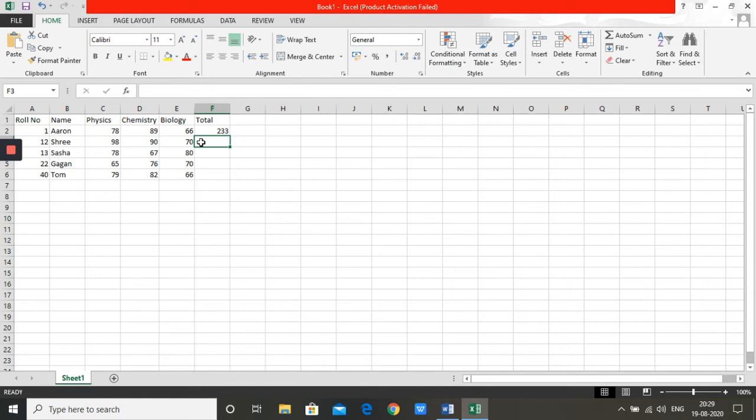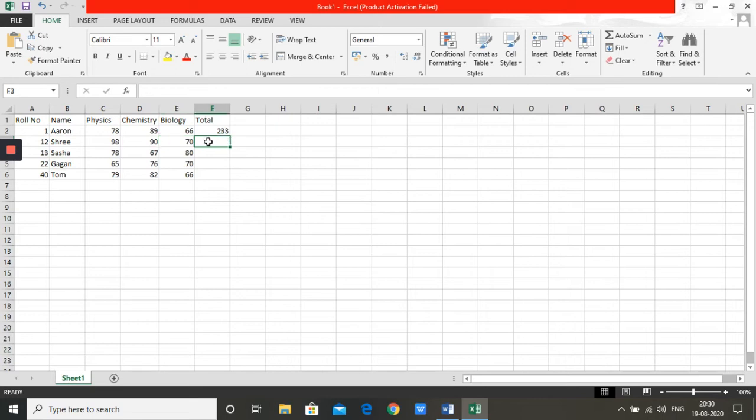Now, for the next child, Shri, her physics mark is in cell C3, chemistry mark is in cell D3, and biology mark is in cell E3.